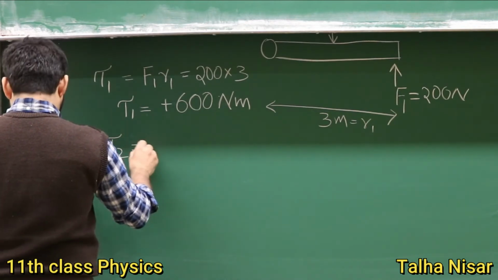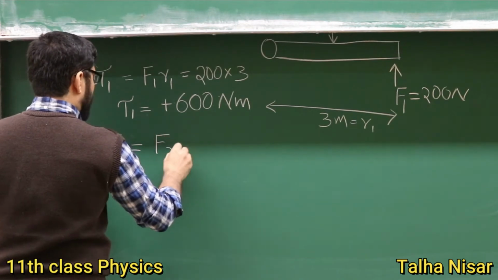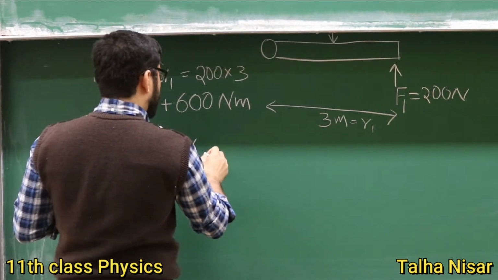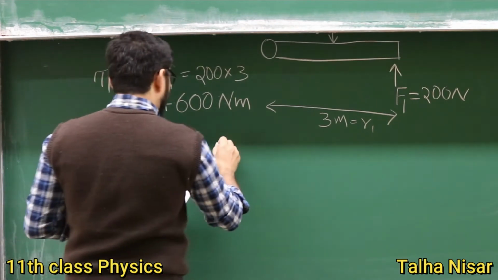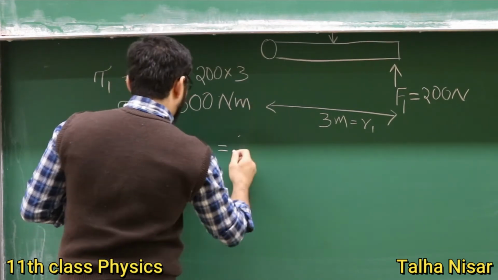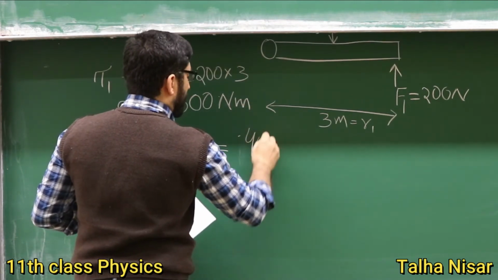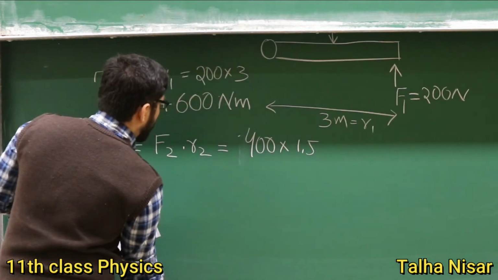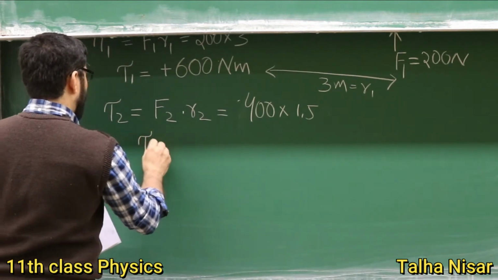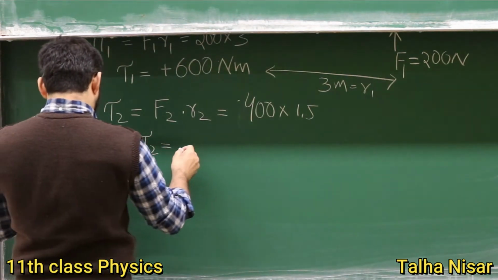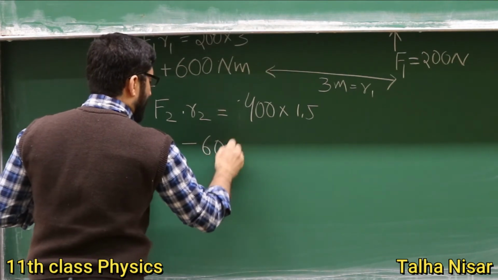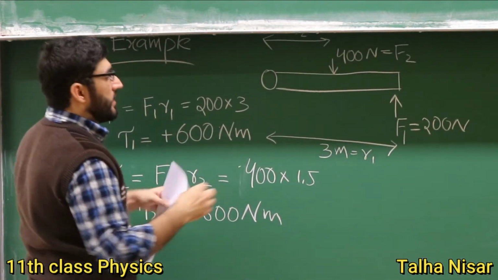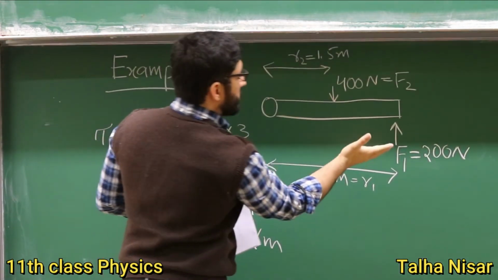So tau 2 is F2 multiplied by R2. This force here is 400 newtons multiplied by 1.5 meters. So tau 2 is minus 600 newton meters. So here you can see, if we use the right hand rule, because of this force,